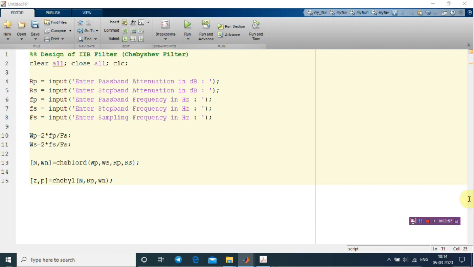Once this has been done, what we can do here is say disp.